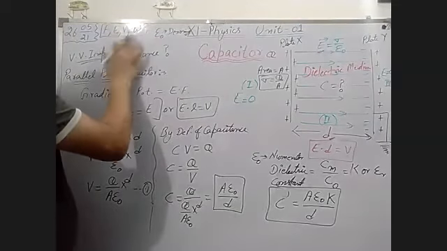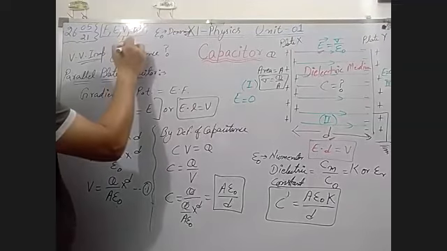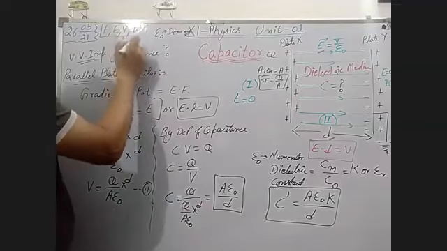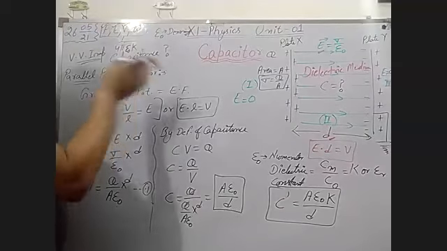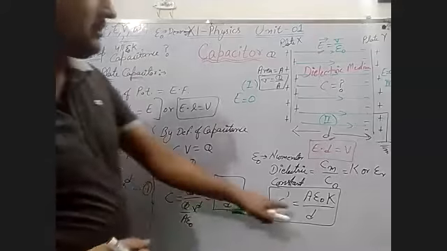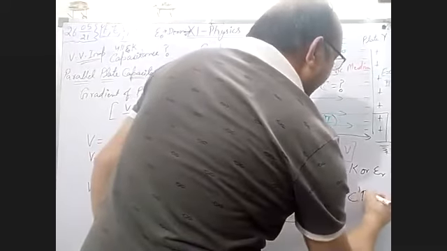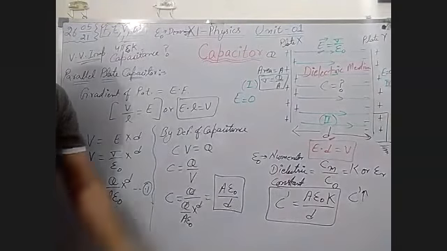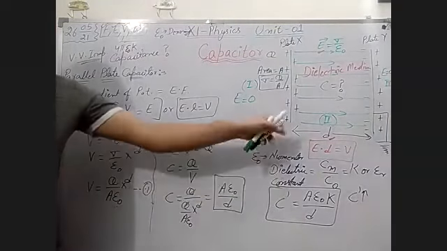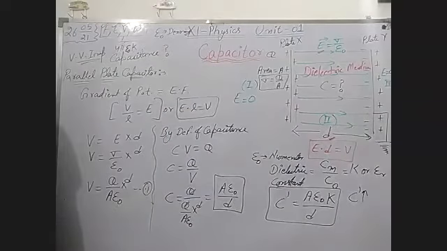multiplies with this, then our formula becomes 1 upon 4 pi epsilon naught K. And this K will decrease our values in these four cases. But in case of capacitance, this K increases our value of capacitance. Okay, that's why it is different. Dielectric constant works differently in case of a capacitor, you can say. Okay, right? Now the next is